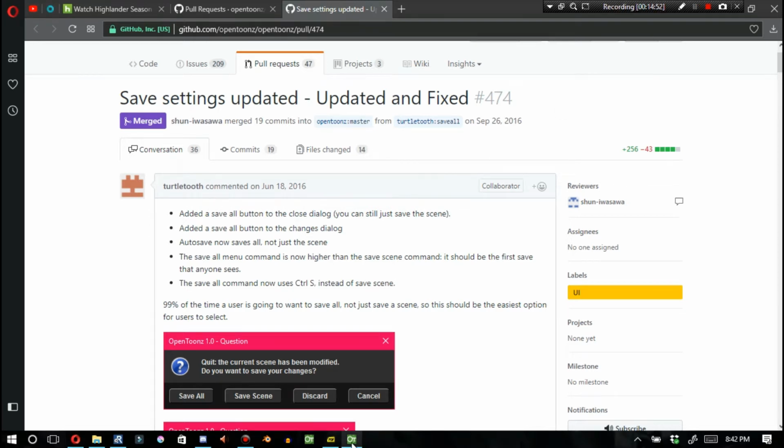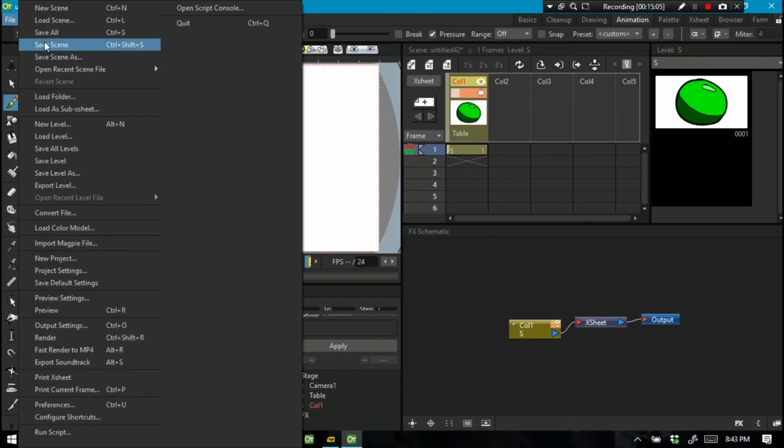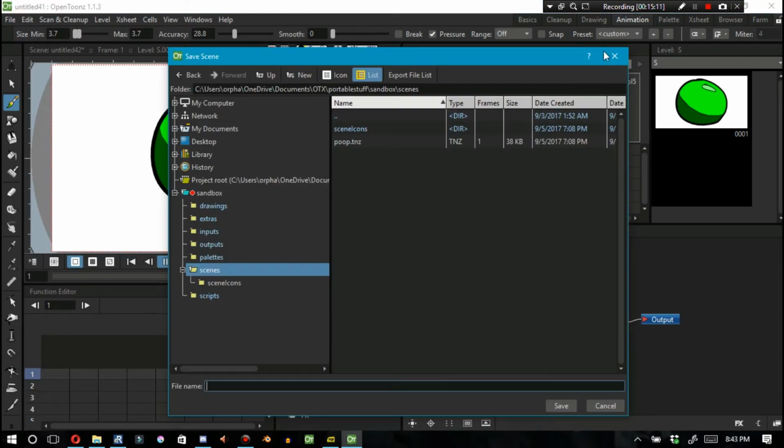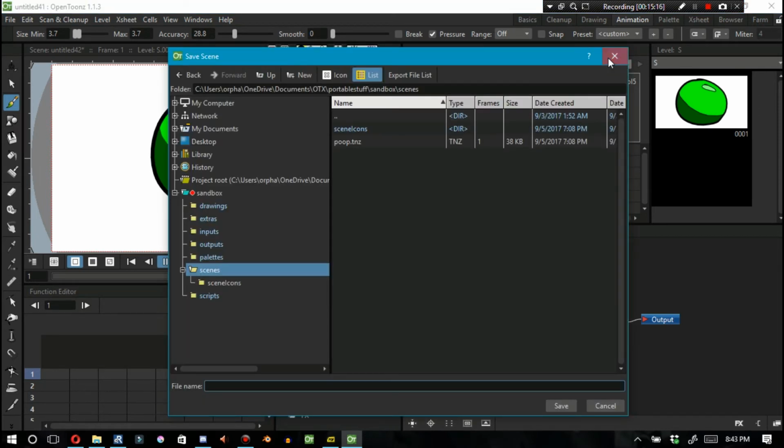People would most often go File, Save Scene, and then quit the program, only to find that they lost all of their animation work when they'd open the program the next time. I personally ran into this problem as well. New users just simply didn't know how to save their work, and this led to a really bad first impression